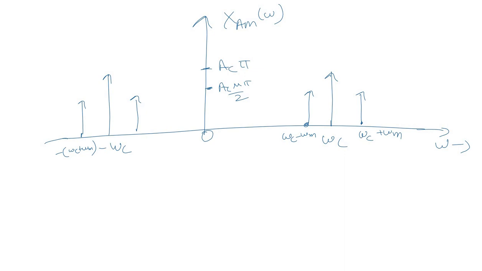So clearly you can see there are three components. This is your carrier, this is your upper sideband, and this is your lower sideband. This is one of the first takeaways we get from this spectrum. Second important analysis from this: what is the bandwidth of this modulated signal? Bandwidth is the band of frequencies in which major energy is being concentrated. So these are the three frequency components that are present, and these are present in this band. So bandwidth is equal to twice of ω_m.